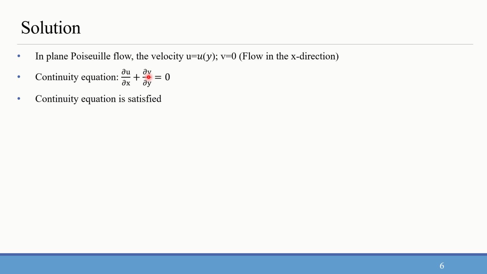Whenever a system is having any issues with respect to mass balance, it will be very difficult. That is why we need to make sure the continuity equation is satisfied. So now, after making sure the continuity equation is satisfied, what we need to do is